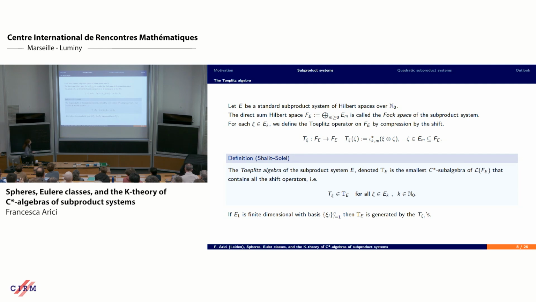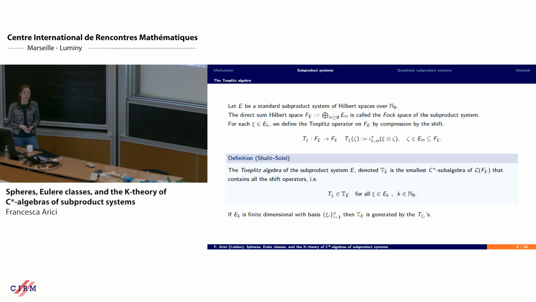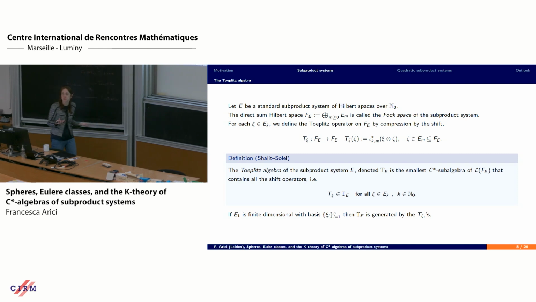Then you can define the Toeplitz algebra just as the smallest C-star subalgebra of the bounded operators on F of E that contains all the shifts. So this is the prescription. And of course, if you're working with finite dimensional E1 and you have a standard subproduct system, meaning that all the higher Hilbert spaces will be contained in the tensor product of E1 to some power, then you can just work with the operators coming from orthonormal basis elements. And of course, you should be able to prove, and it's not very hard, that the choice of orthonormal basis doesn't influence your result, and it doesn't, of course. Okay, so